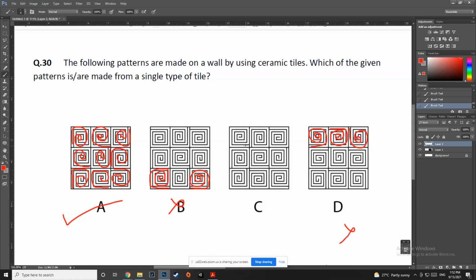Now let us check C quickly. So clockwise, this also looks like clockwise. This also looks like clockwise. Clockwise, clockwise, clockwise, clockwise, again clockwise and clockwise. That is why A and C can be said to be made out of the same tiles. Did everybody understand? Because a lot of people did not give the answer.